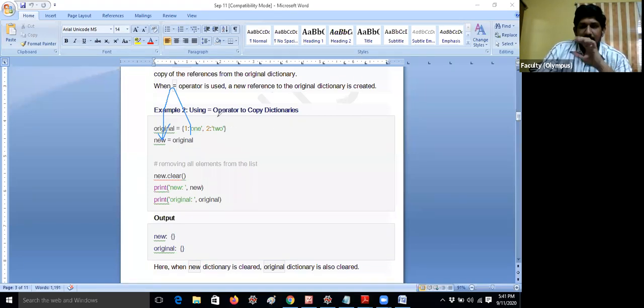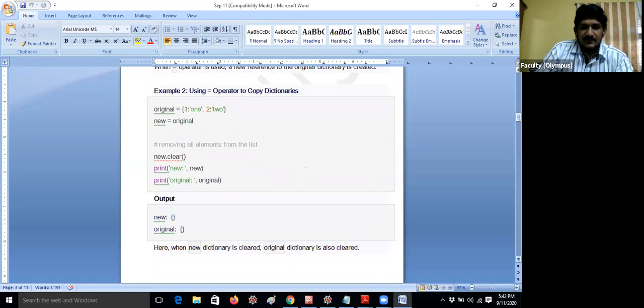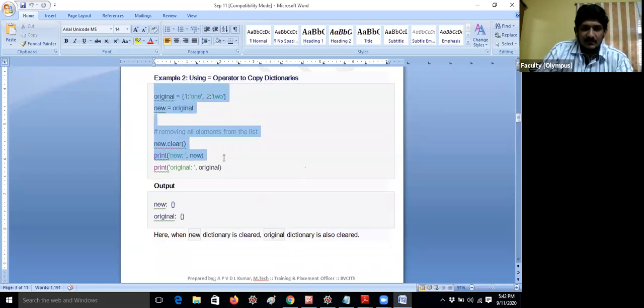So what is the difference? What is the use of the copy method now? So you can declare like this. For example, I will tell you the difference, so don't worry. First of all, I will take two examples. First, let me take one example.